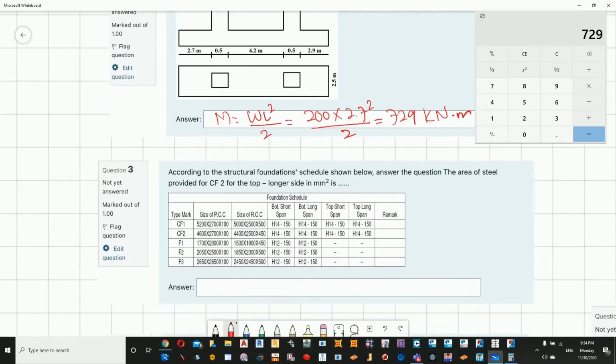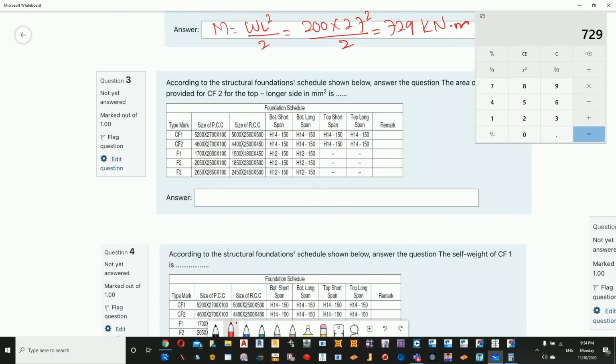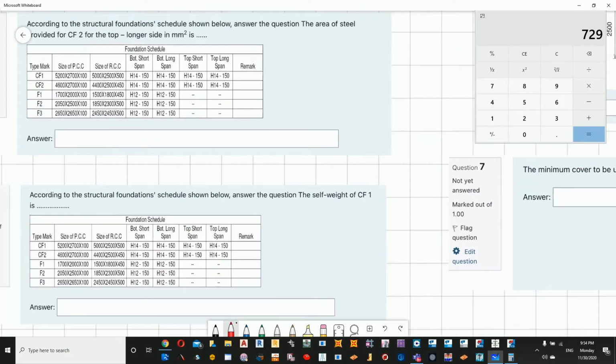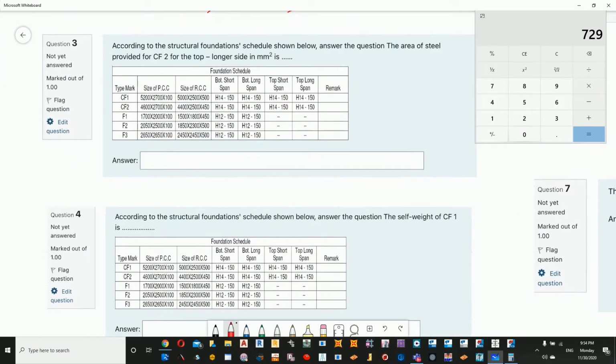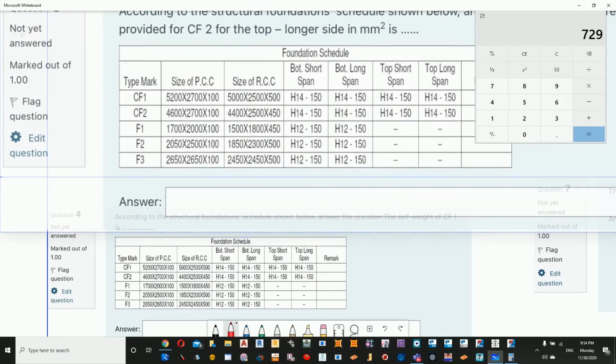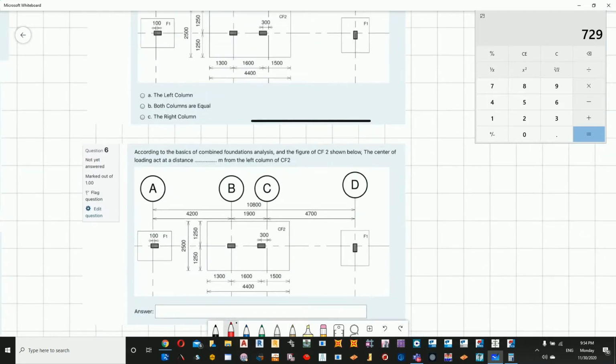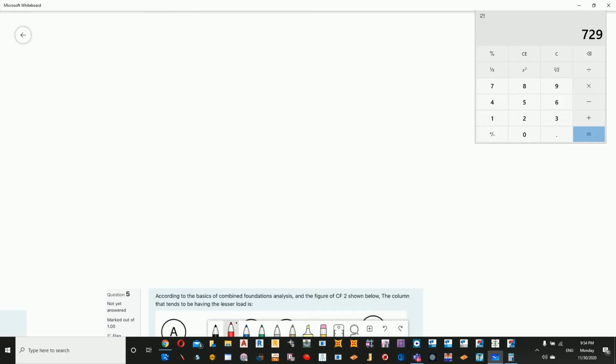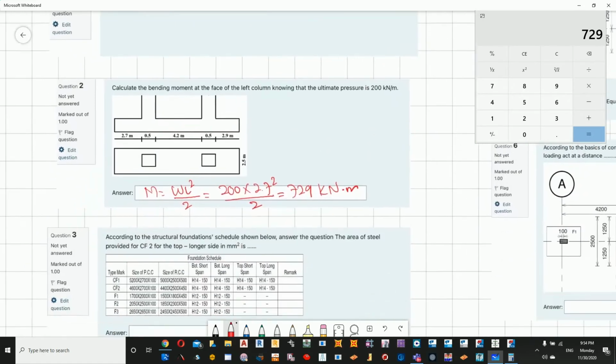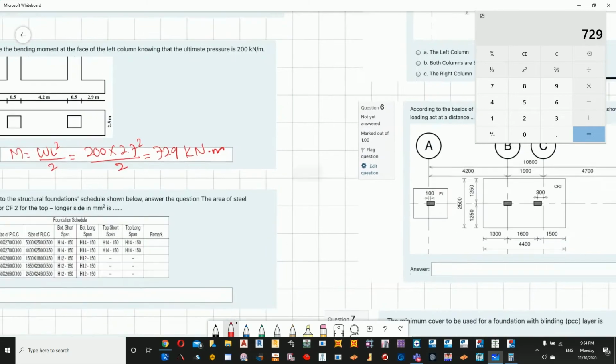Okay. Now question number 3 says, according to the structural foundation schedule shown below, answer the question. The area of steel provided for CF2 for the top longer side in millimeter square is a certain value. Okay, now if we see the question,